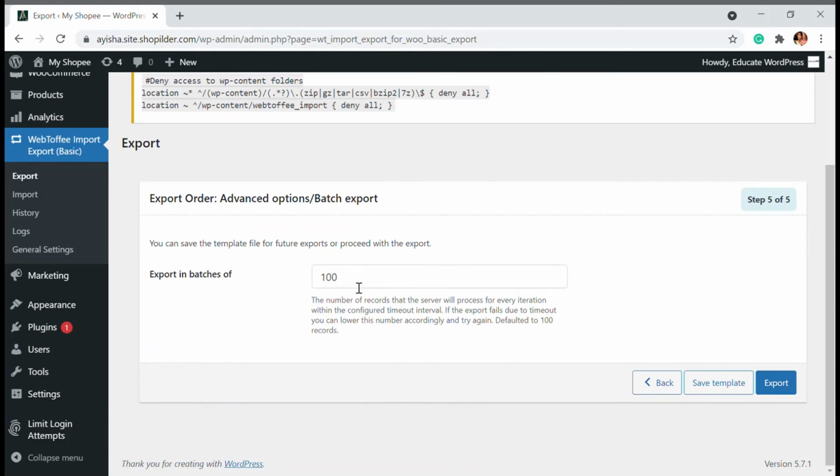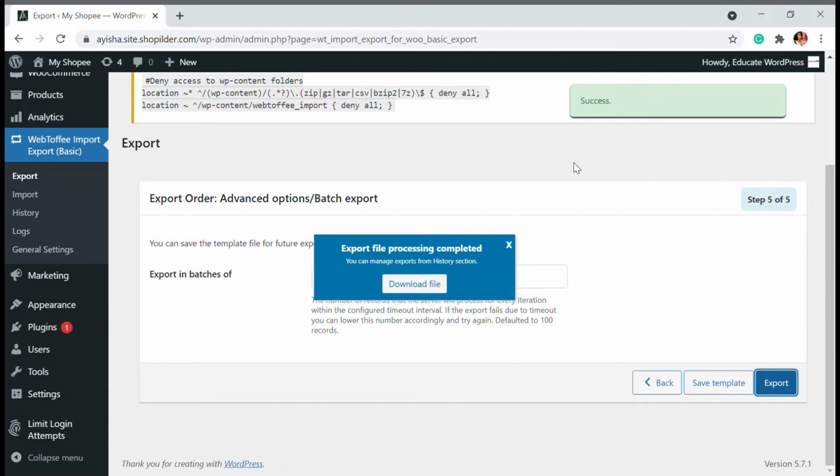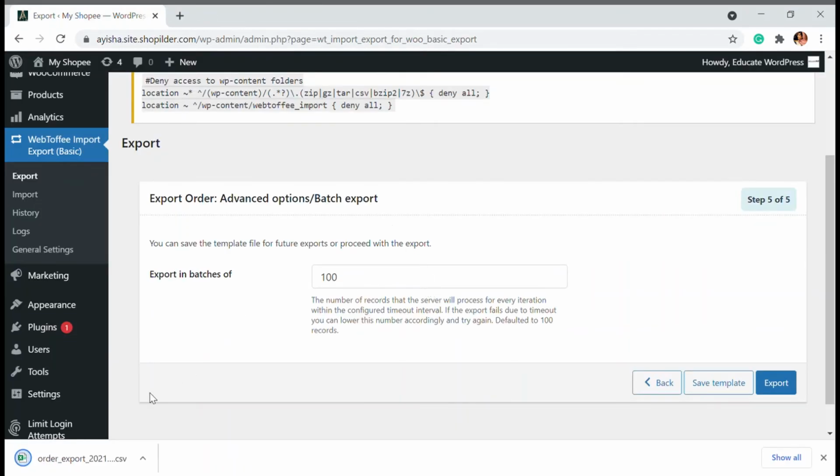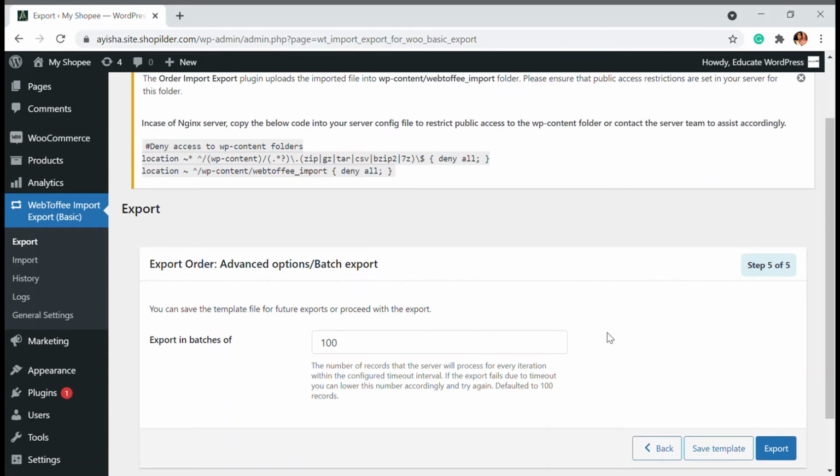And here you can choose how many numbers you want to export in the batch. You can write 1000, you can write 100, that's up to you. So here let's go to the export, and you can see that the product is ready and you can just download the file. Upon downloading, you will be able to see the Excel sheet of all the orders and everything that came up with that particular filter that I've used. In my filter I don't have anything, since I used that code, that was an imaginary code, but don't worry.